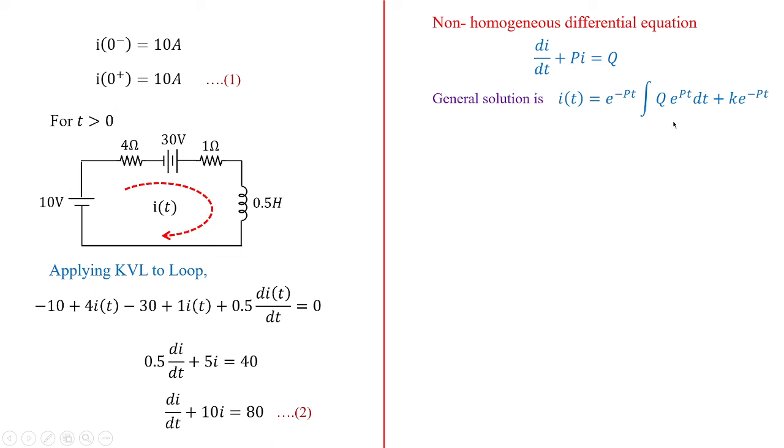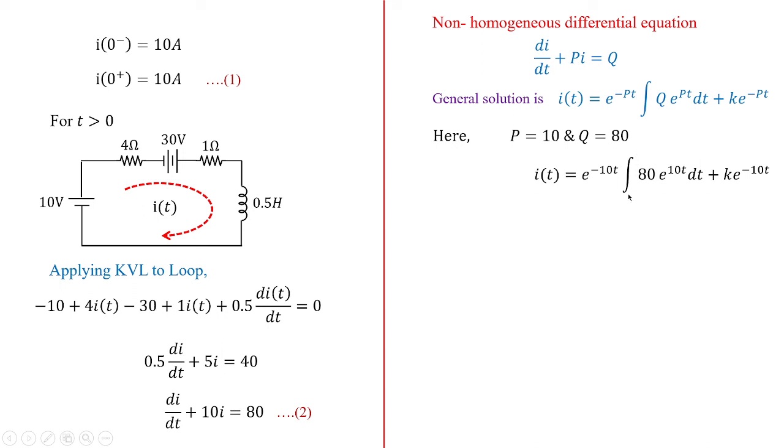After framing this equation, I'll take equation 2 and take the values of p and q according to it. Here the p value is 10 and the q value is 80, and I'll apply the formula for the general solution. So I'm going to get I of t is equal to e to the power of minus 10t,